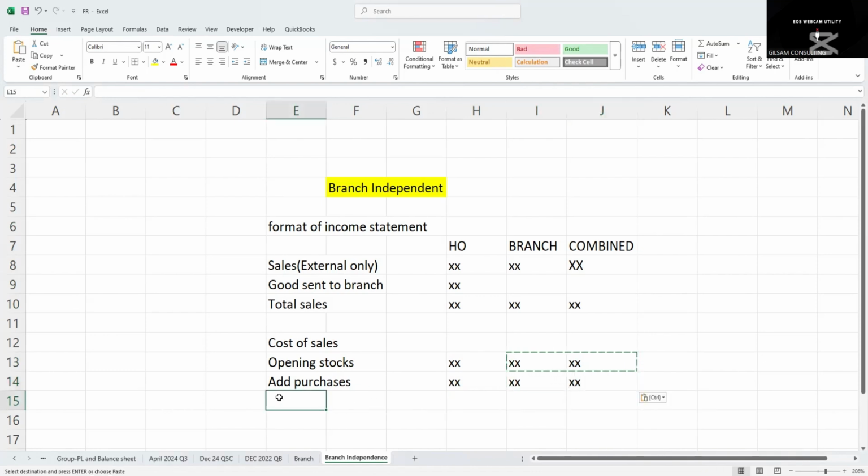Purchases can be either in branch or head office. Goods received: if the branch doesn't want to buy goods, they'll have to order from the head office. So you'll have the goods received from the head office, and also we don't have it in the combine options. Then the summation of this will give us goods available